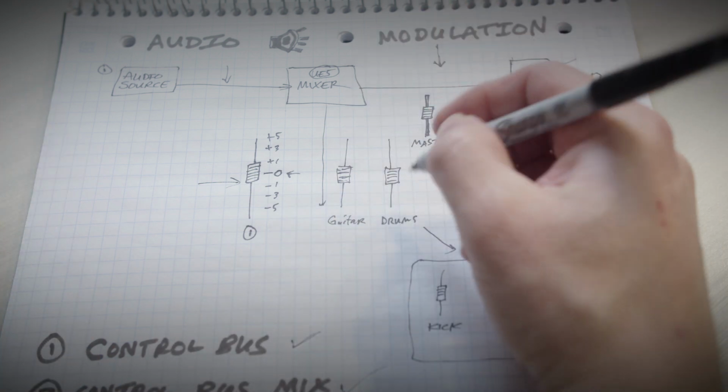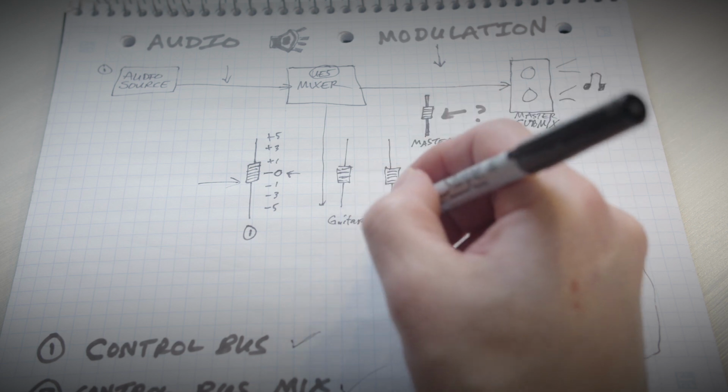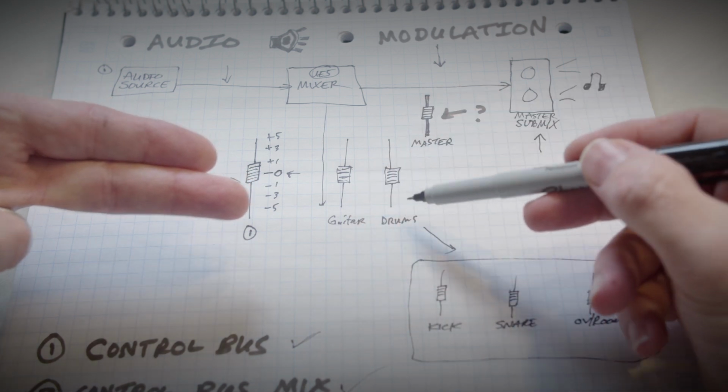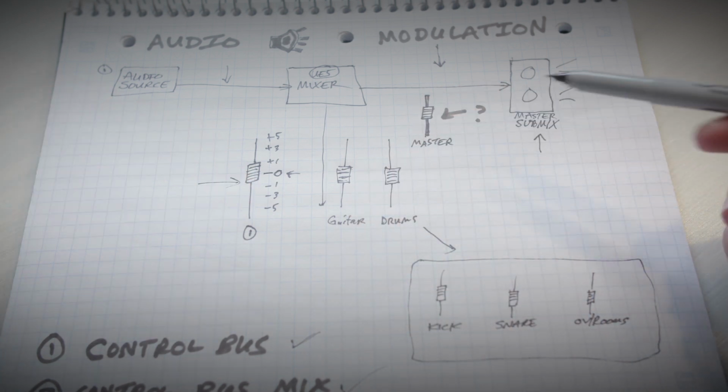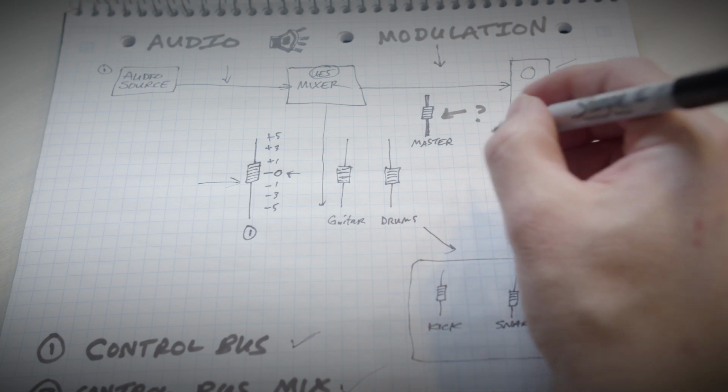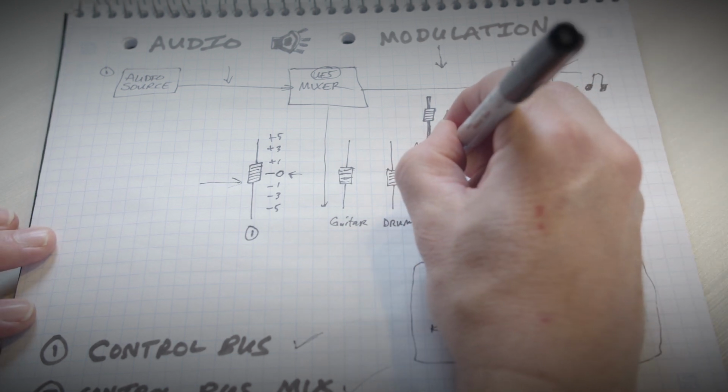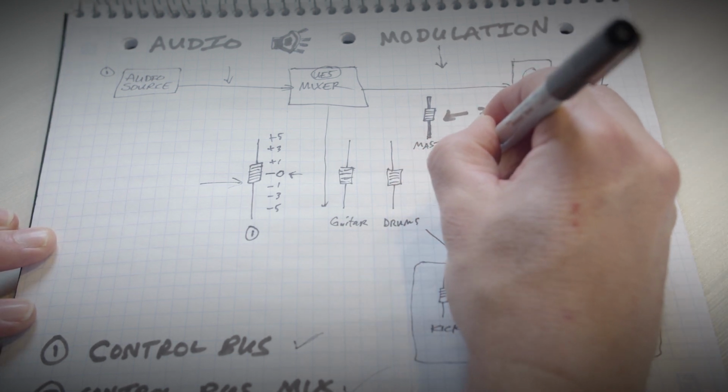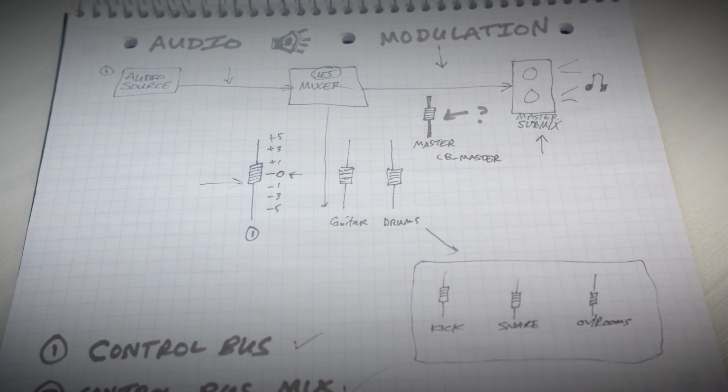Let's say we've already got our guitar and drums control buses set up just like we set up our master. And again, you can have any amount of control buses that you want. I don't think there's a limit. There might be a limit, but I don't think there is. And let's talk about for a second how this works